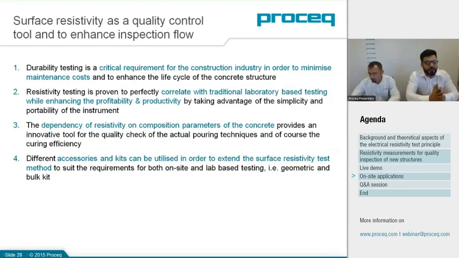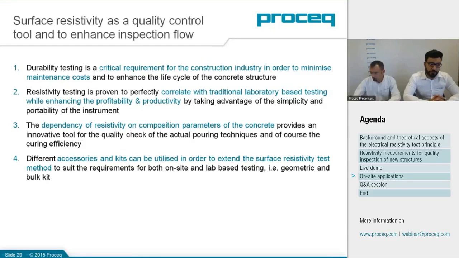So, surface resistivity, as we saw, can greatly enhance the inspection flow. There are critical requirements for the construction industry to minimize the maintenance costs. And as we looked at, you can see the benefits of this particular test principle by itself. We know now that electrical resistivity correlates very nicely with the existing test principles for durability of the concrete. So if you are able to utilize the electrical resistivity test principle even more, that will greatly contribute to our performance